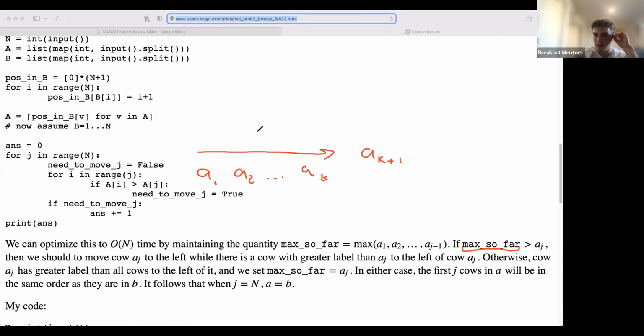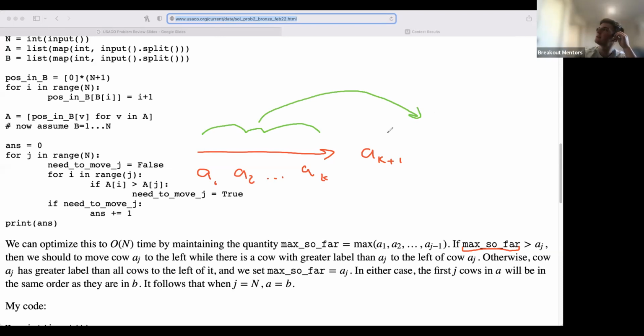We keep track of the maximum position across all of the first cows that they wanted to reach. So for example, if one of these cows wants to end up to the right of this cow,